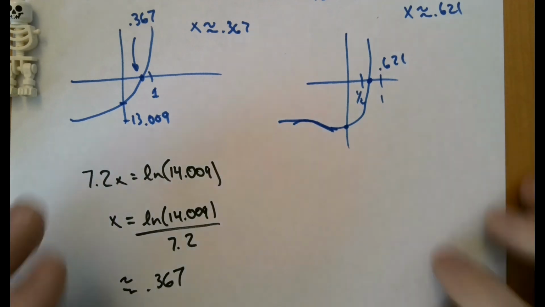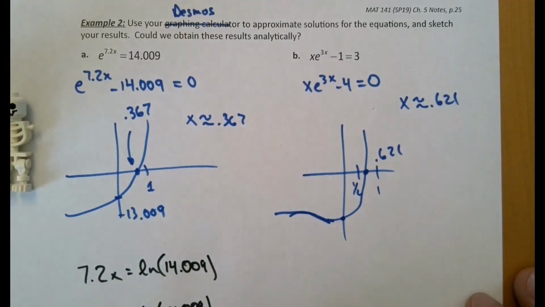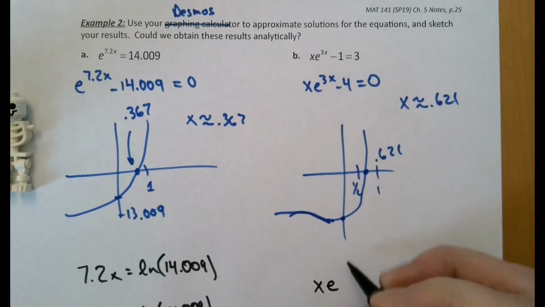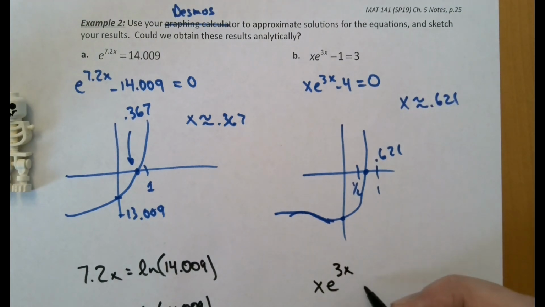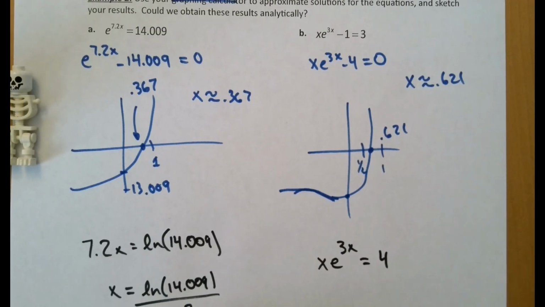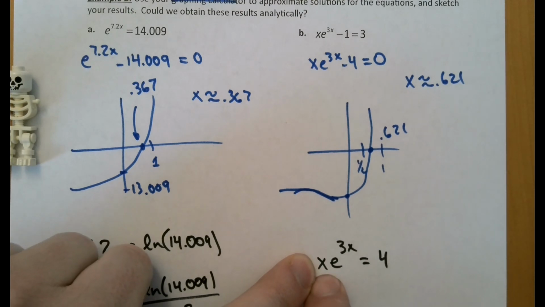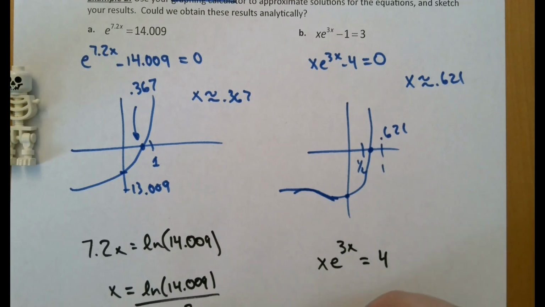All right, let's do the same thing on the other problem. Let's try to get it as a base equal to a base. So here I'll add 1 to the other side. I'll have x e to the 3x equals 4. And then, boy, we're in trouble, right? Because we have an x in the base, so we have a variable in the base as well as in the exponent. If I chose to take natural log of both sides,